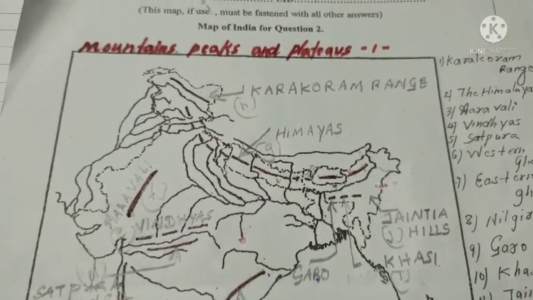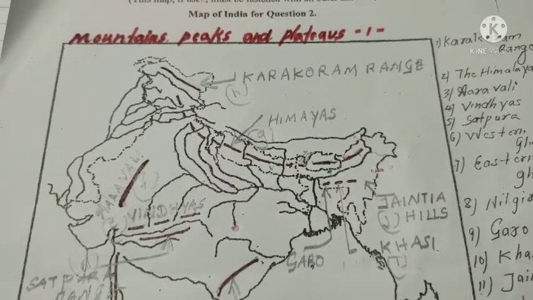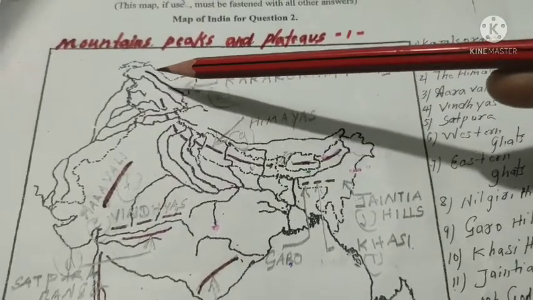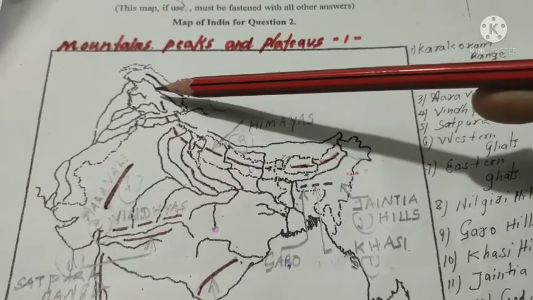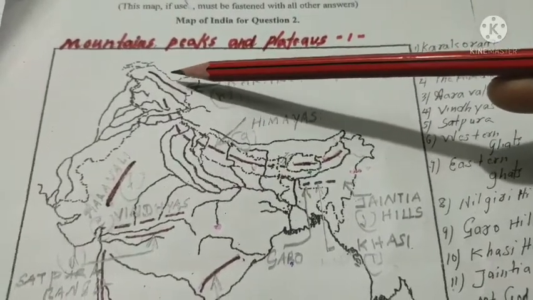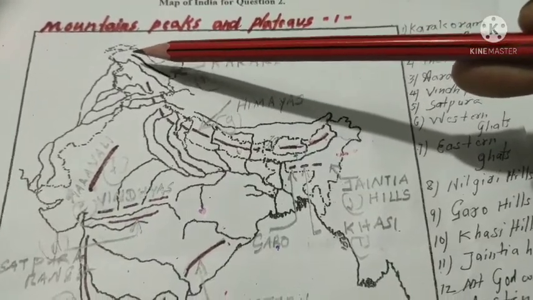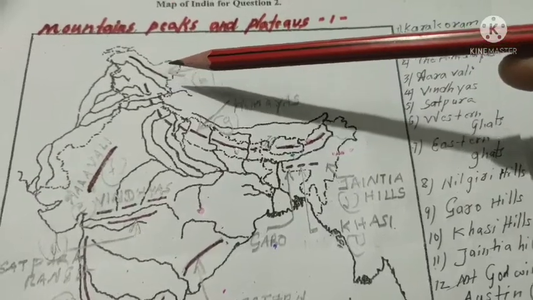So first of all, I am going to explain about the mountains and the plateaus. The first is the Karakoram range. This is the location of the Karakoram range. It is situated between the river Indus, so this is the river Indus and this is the international border. In between these, the Karakoram range is situated from here to here,